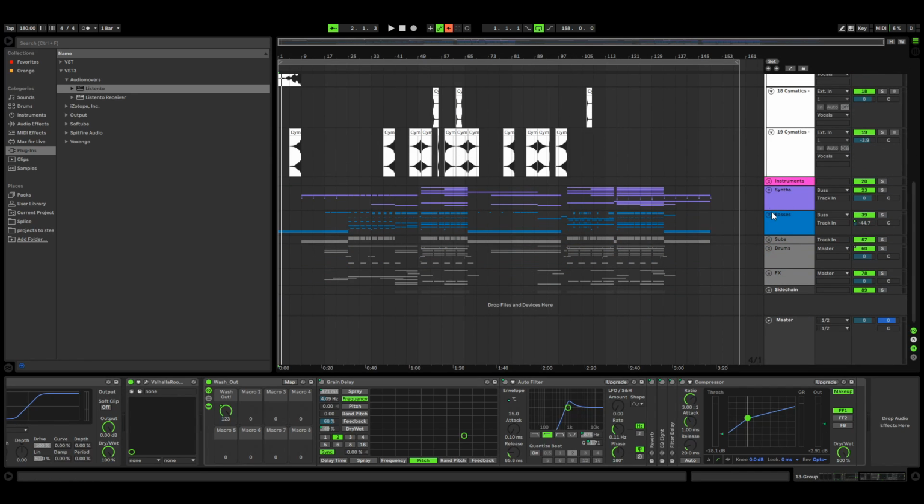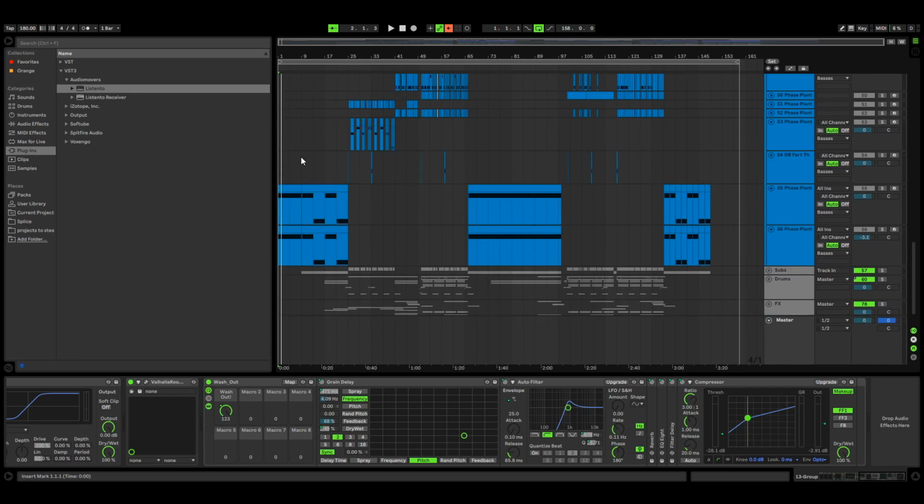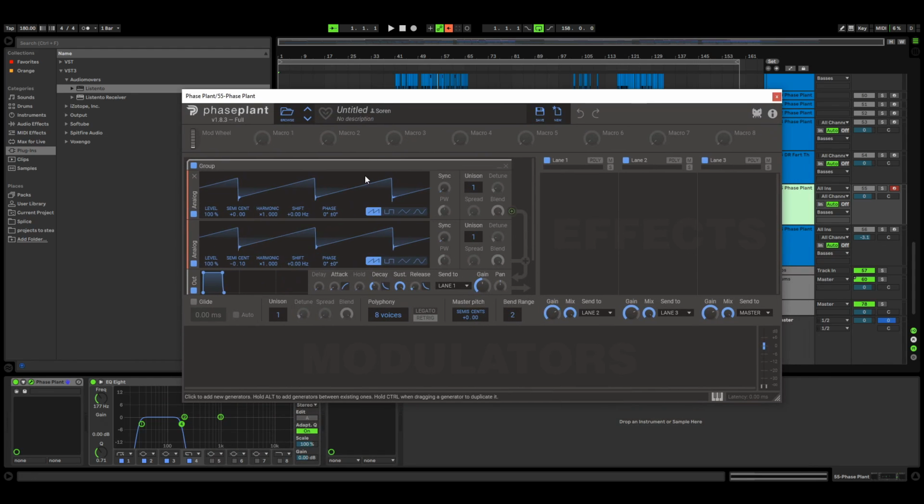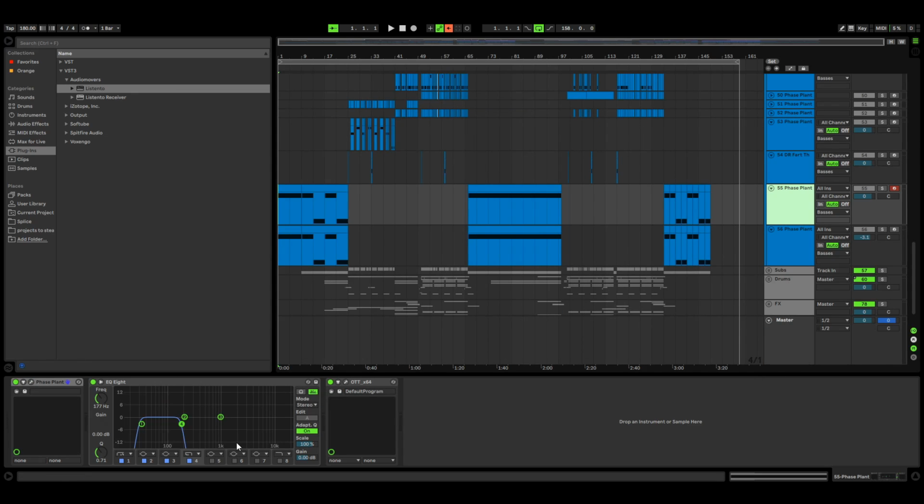Another thing that's fading in is the main Reese right down here. And it's really simple. It's just a really simple patch inside of Kilohearts' Phase Plant, but you can really do this in any synth that has two oscillators. So I have two analogs, two saw waves. One of them is detuned down by like 10 cents. Then I have an EQ curve here that basically cuts out all of the highs and mids, only leaving behind some of the low mids and some of the lows. And I also slapped an OTT on it because, of course, I fucking did. This is an electronic track.